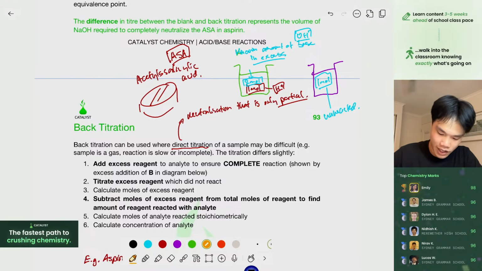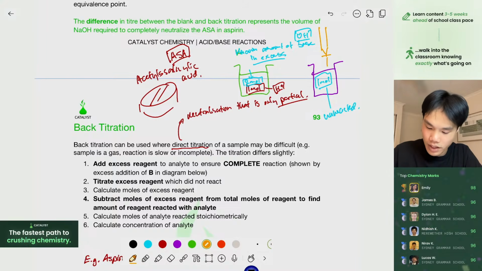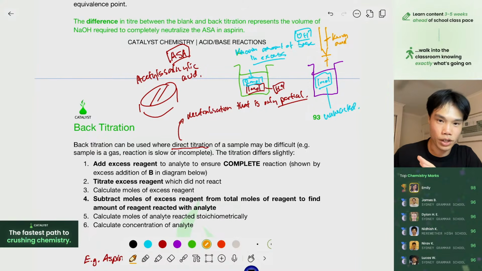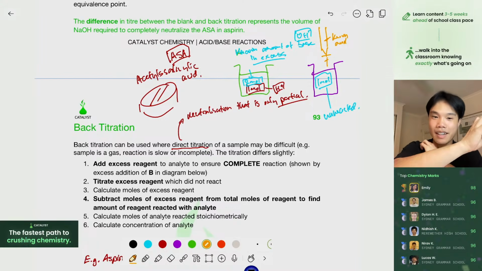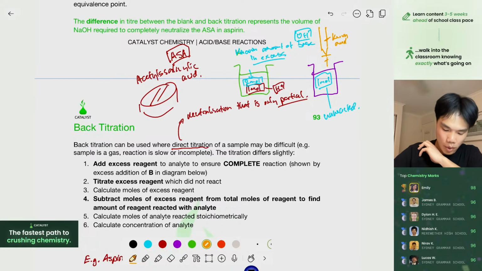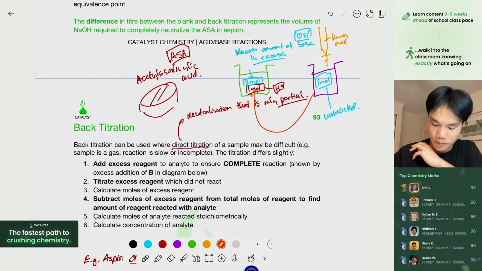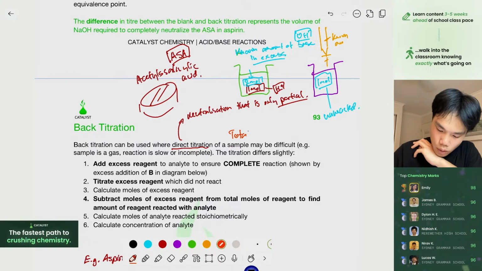We can then perform a second titration. Sorry, not a second titration. We can now perform a titration on this excess amount of base using, again, a known acid, which will tell us we have 1 mole of base in this solution, or the correct concentration, which can be used to go back, hence back titration, working back to the first step, to tell us how much H+ there was in the first place,